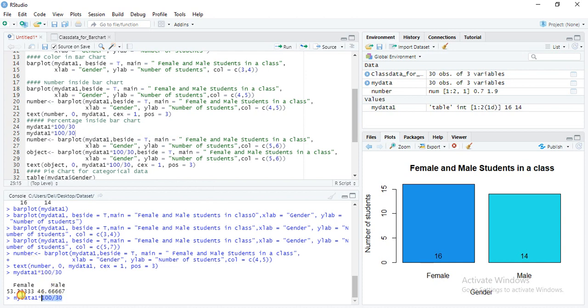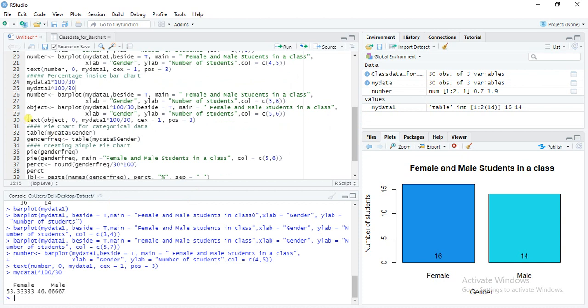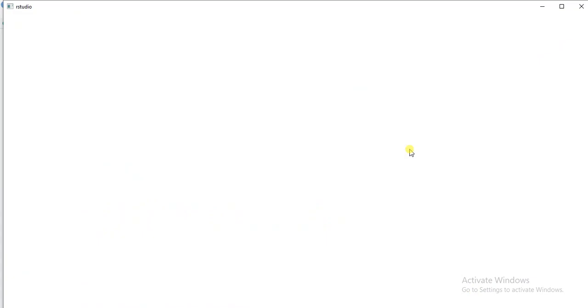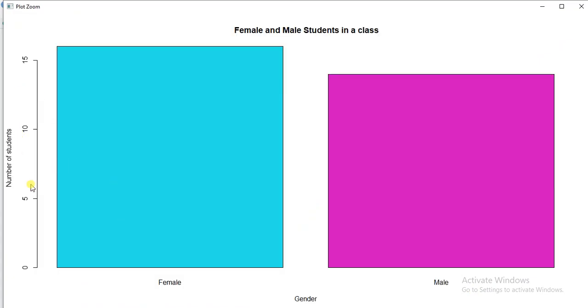Now bar plot, here I'm writing this script, copy, sorry, so I can just run this script, that is my data, then number. Is it clear? So number, box plot, and then run. Now we can see our data this way. These are our male and female data bar chart.